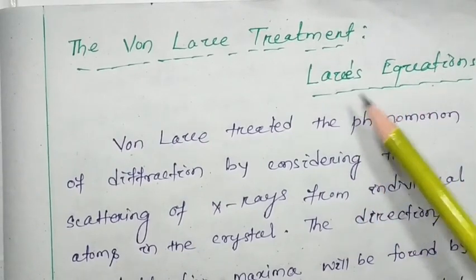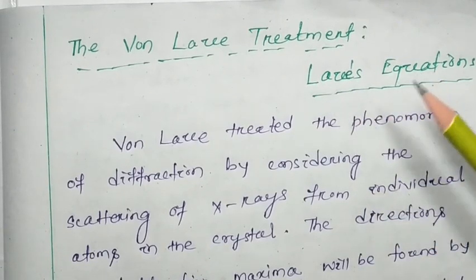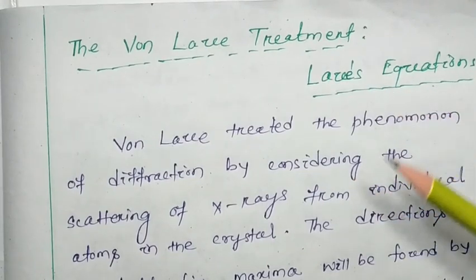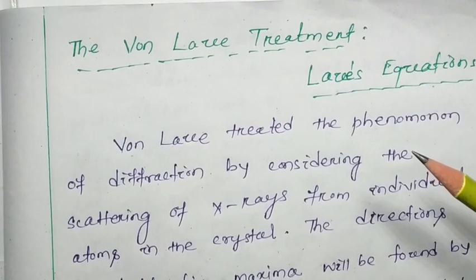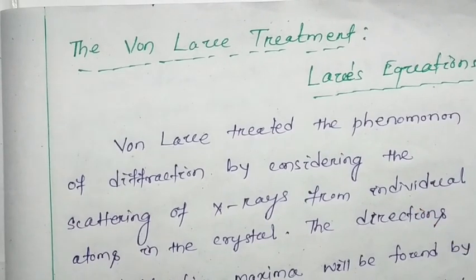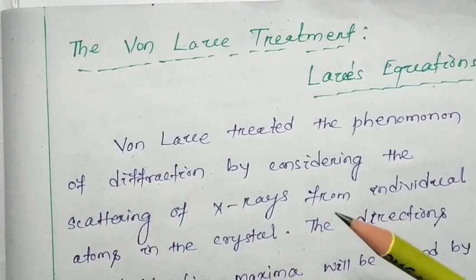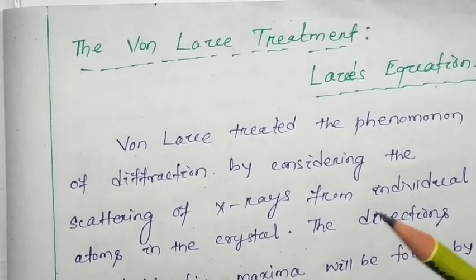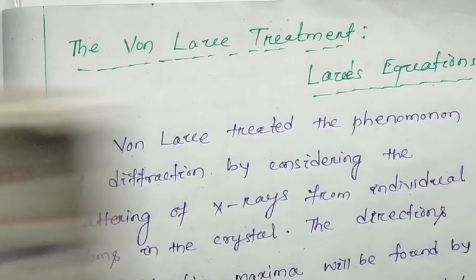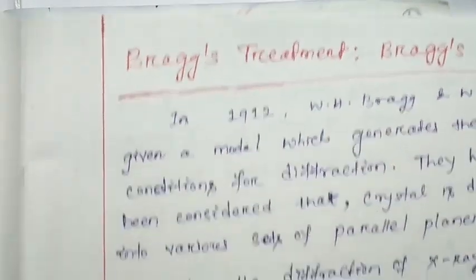These equations, which we are going to derive, are required to evaluate the diffraction conditions, or the maxima, that is, in which way the diffraction from the lattice is going to be maximum. Regarding that, we have already discussed the Bragg's treatment or Bragg's law, the so-called Bragg's condition, that is